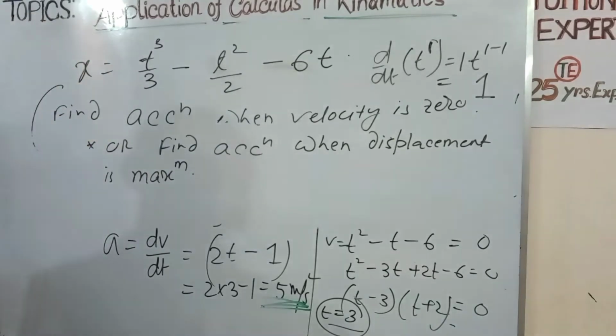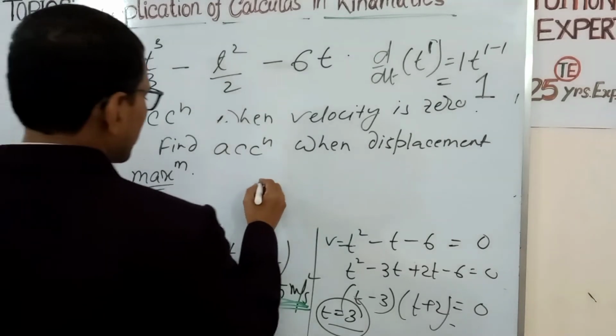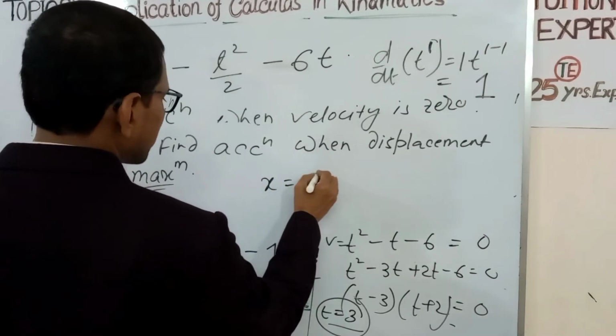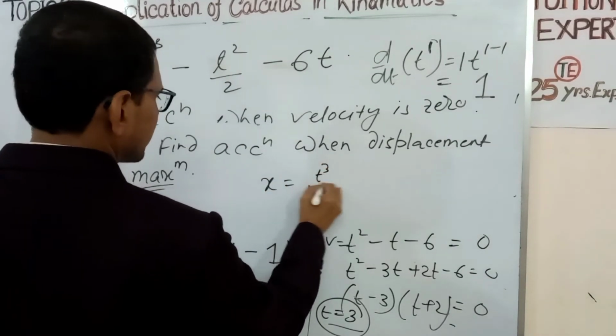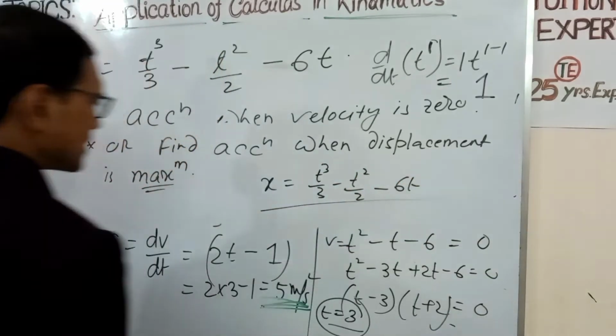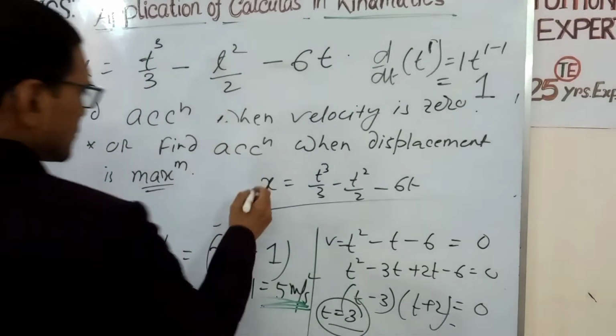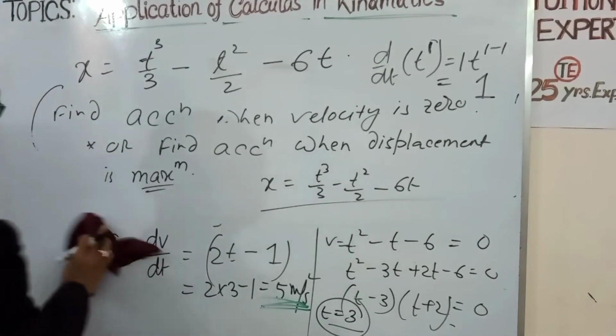Find acceleration when displacement is maximum. Now x is in the form of time. Now dx by dt, we know if y is the function of x,